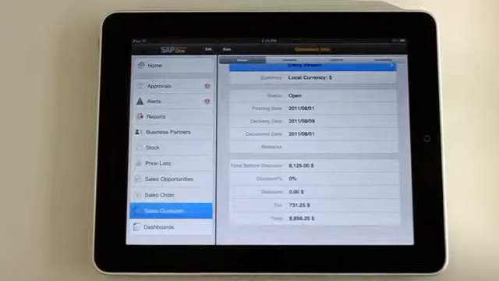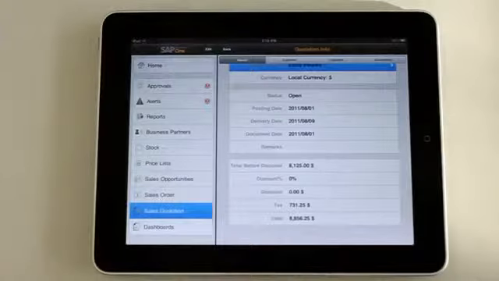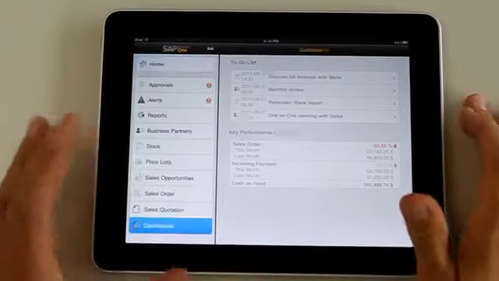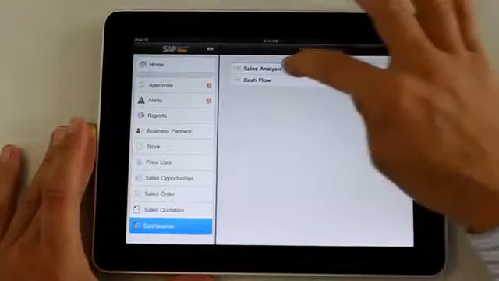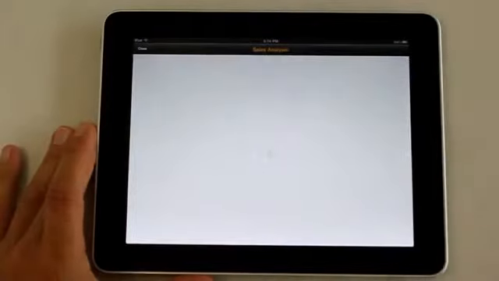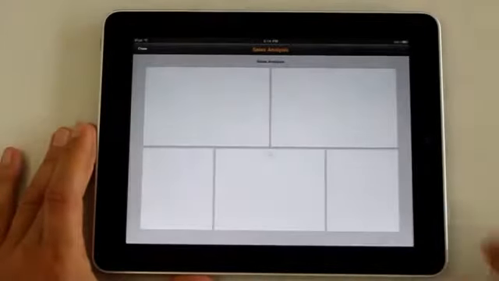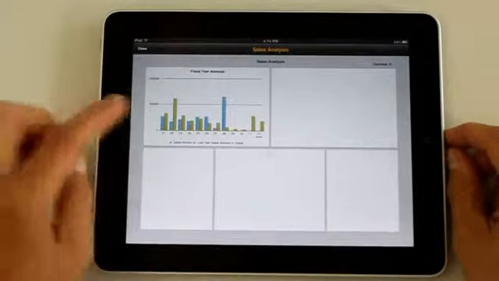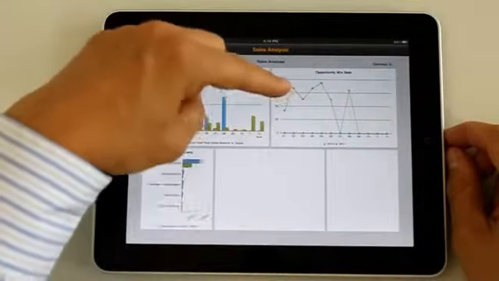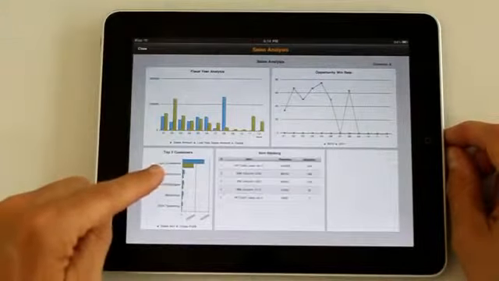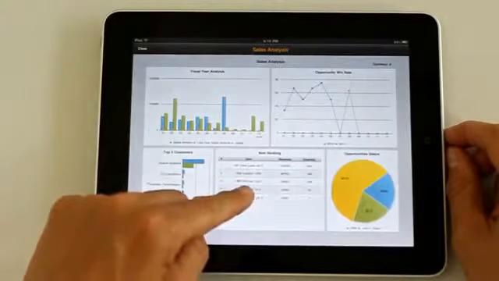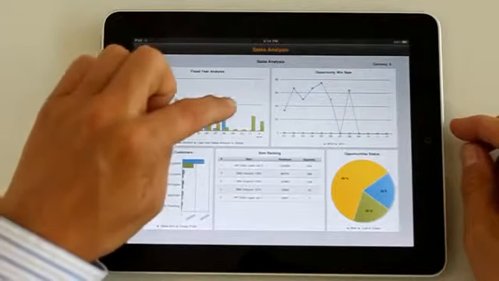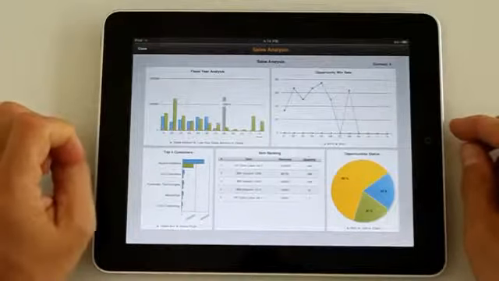And now I'm going to look at something that is really good looking on the iPad and new in the 1.3 version, and that's some standard dashboards. So we're going to look at sales analysis. The system is now going to build up different pieces of information. It will start with some fiscal year analysis for how you're doing sales-wise. It will talk about the opportunity win rate, the top customers, the top items, and then an overview of opportunity statuses. So you can actually then double tap on any of these